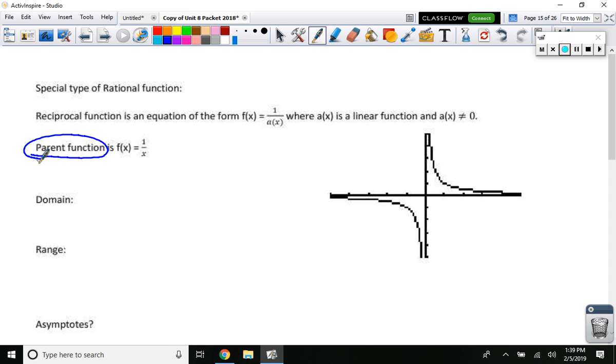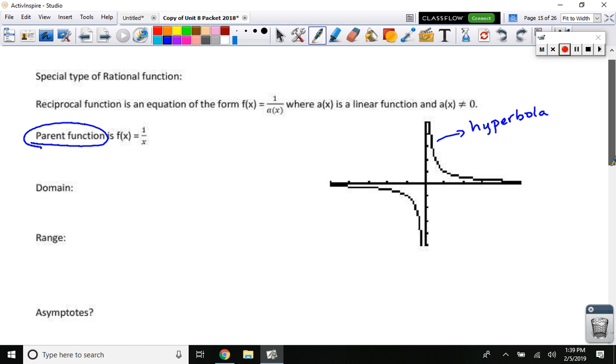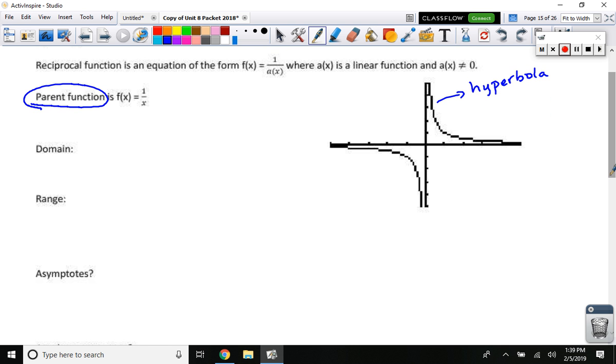So let's go down here and find asymptotes for this. First of all, this graph has two pieces, correct? And it actually has a name. It's called a hyperbola. Not parabola, hyperbola. It's not a parabola either. All right, so asymptotes. If I want to find the vertical asymptote,